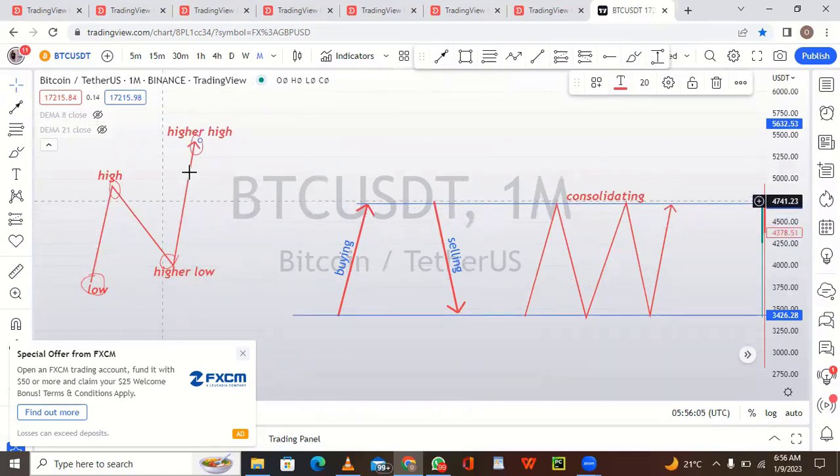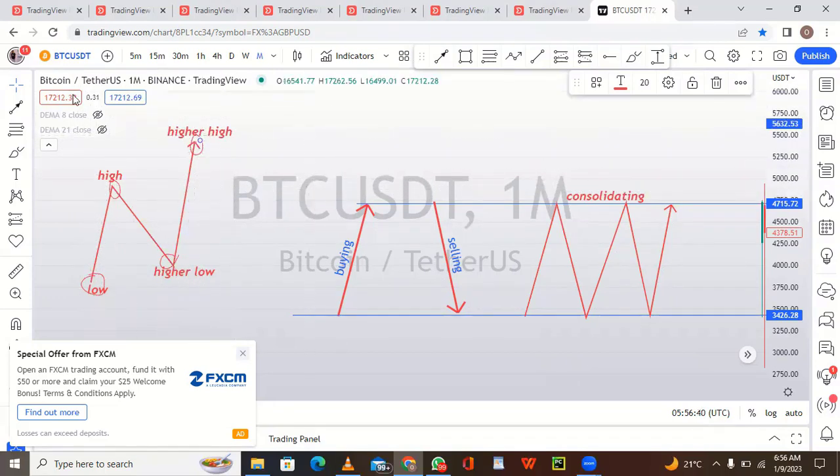So for you to identify a bullish market, there must be a low. That low should be able to create a high. After the high is created, you will see a higher low. The reason why it is called a higher low is because there was a previous low. This is also a low, but because this particular low is higher than the previous low, that's why we refer to it as the higher low. And there's a high here before this new high was created. Because the new high created is higher than the previous high, that is the reason why we refer to this point as